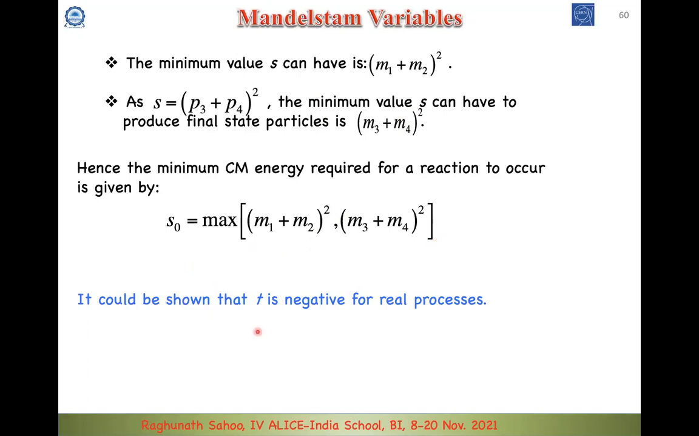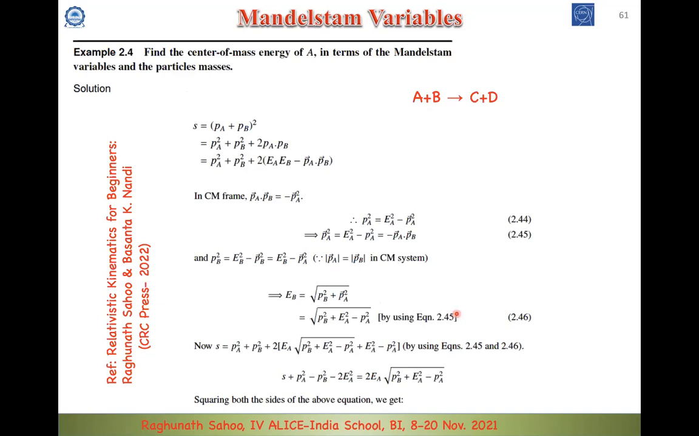And it could also be shown that T is negative for any real processes. Okay. So when you talk about the T channel processes which are real, the value of T, which is the momentum transfer, has to be a negative quantity. So this also you can show, but as I discussed with you, I am not going to deal with these things in detail, but rather I will try to take one example which we have discussed in one of